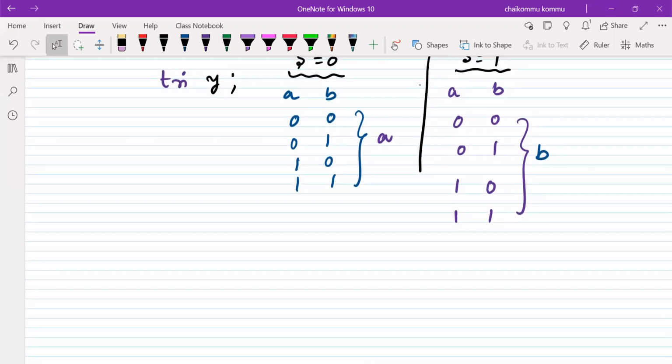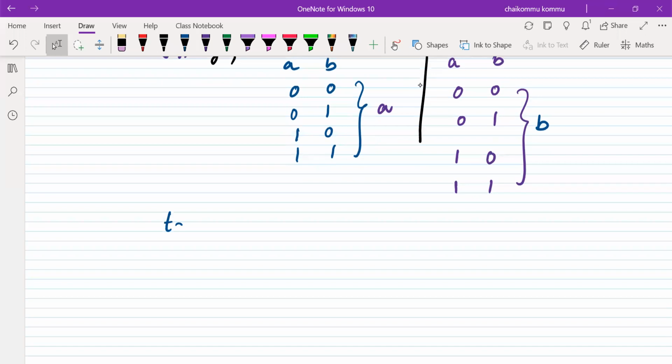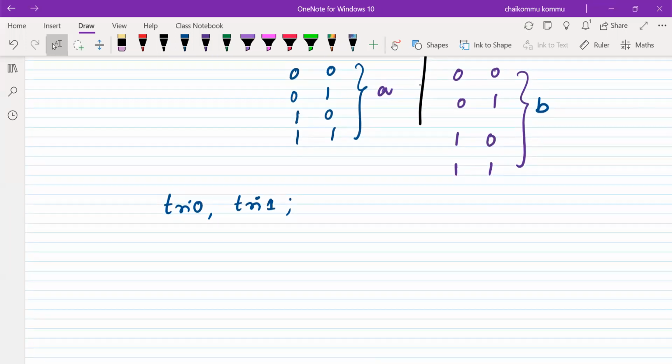We have tri0 and tri1. For the sake of definition, I'm trying. So tri0, tri1 stands for something; this point we'll discuss later on. Why are we hurriedly going that way? We will discuss these things in the next class. Thank you.